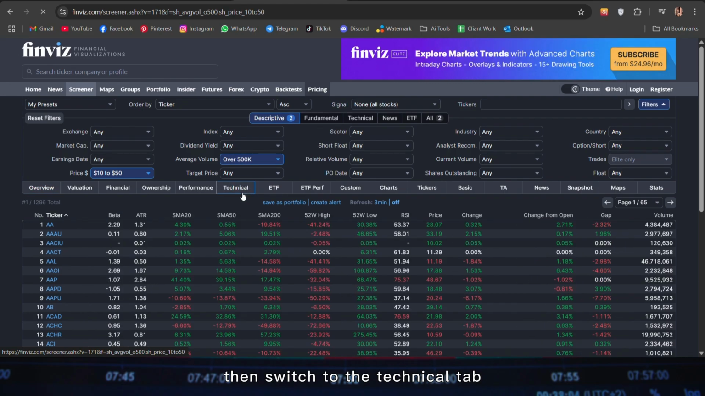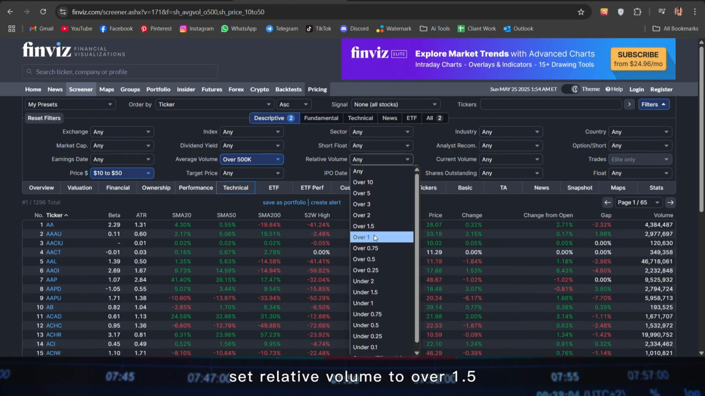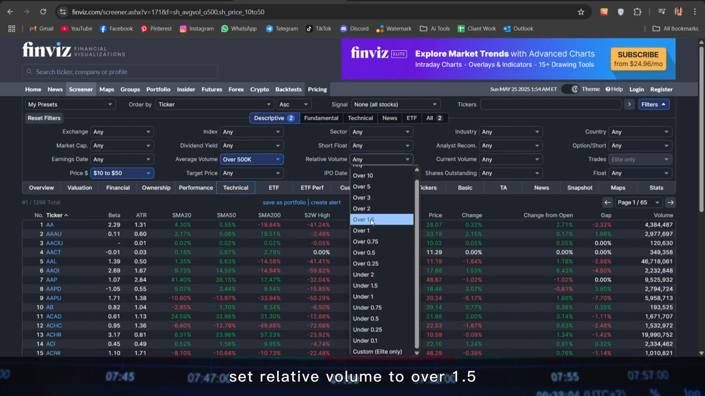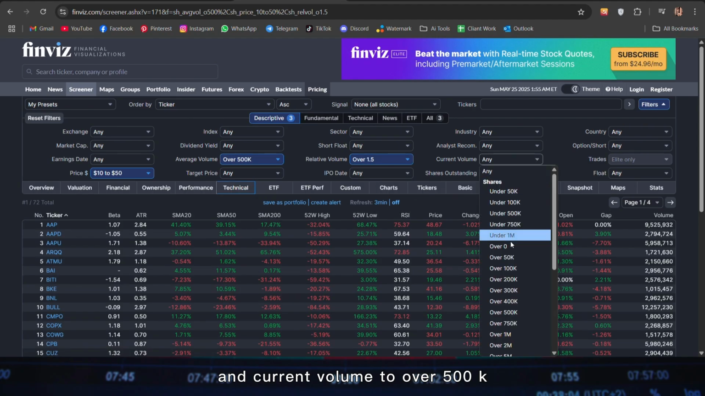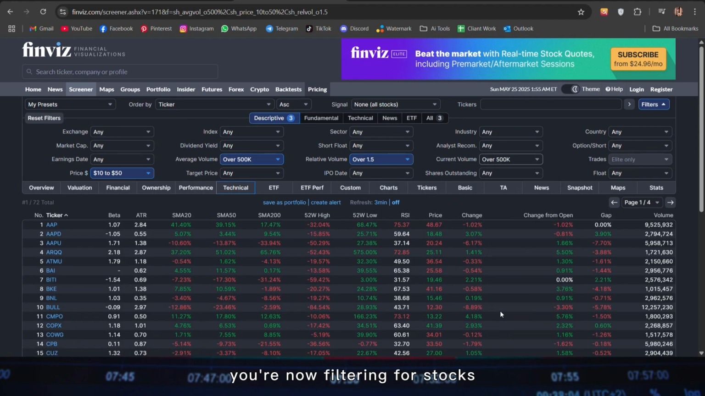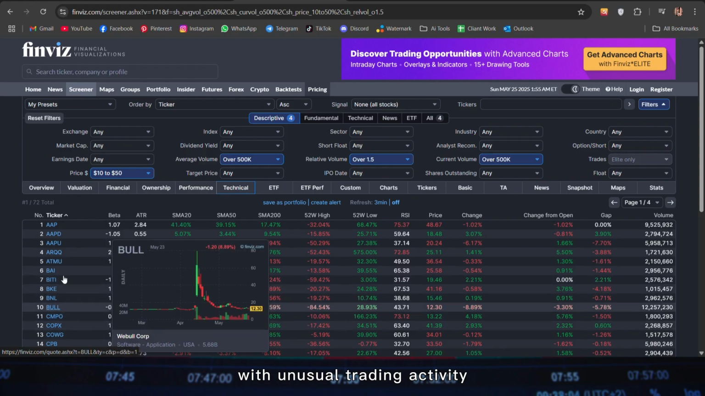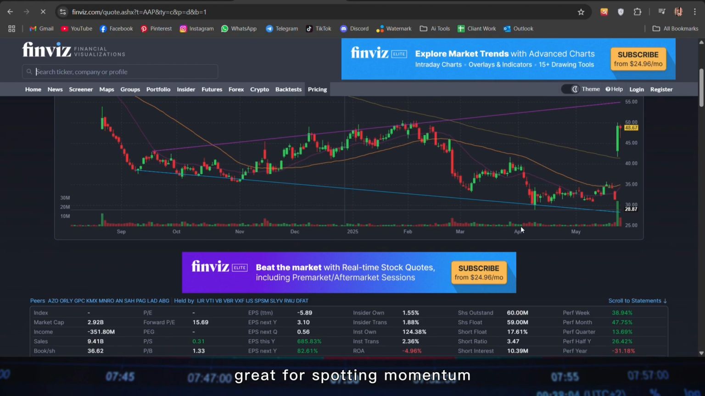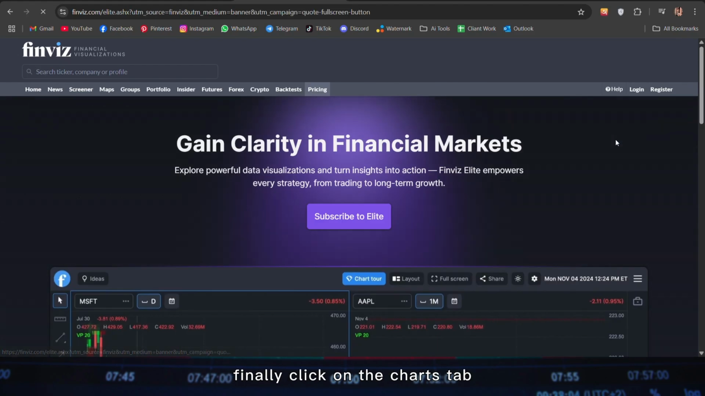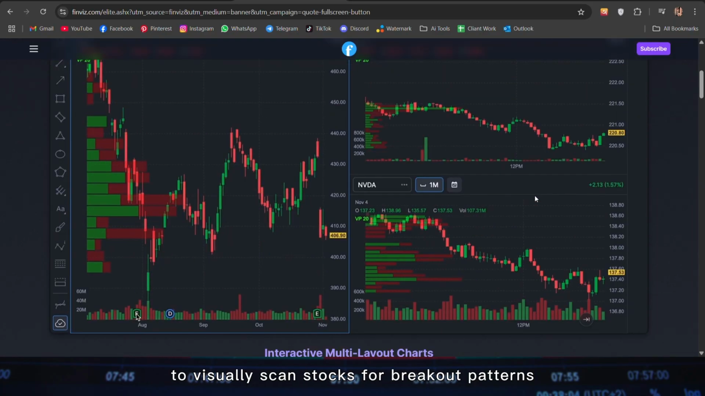Then switch to the Technical tab. Set relative volume to over 1.5 and current volume to over 500K. You're now filtering for stocks with unusual trading activity. Great for spotting momentum. Finally, click on the Charts tab to visually scan stocks for breakout patterns, gaps, or trends